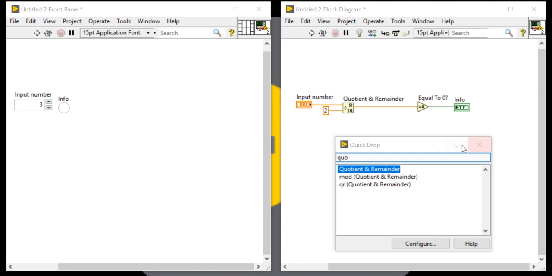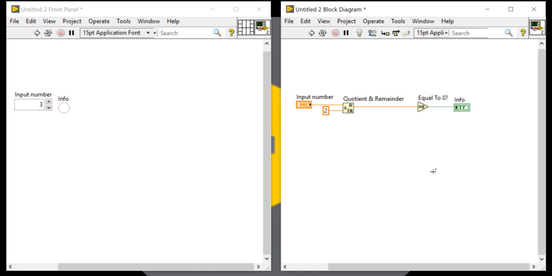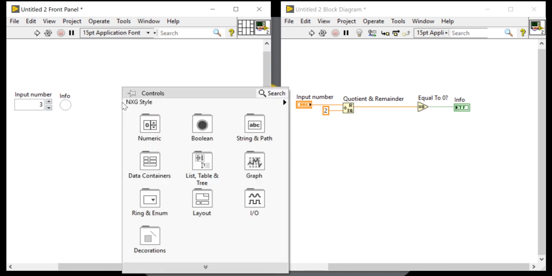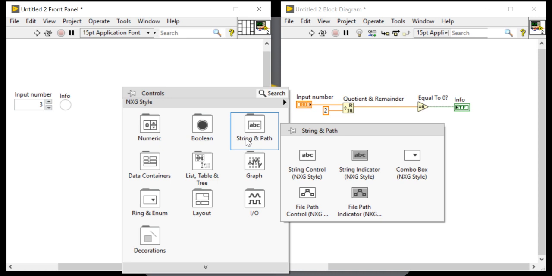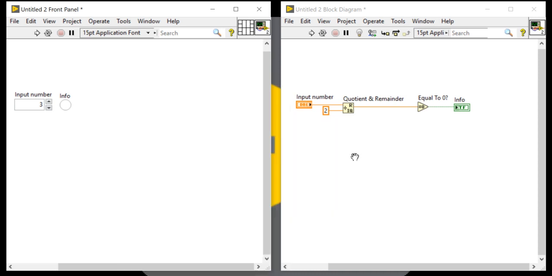Now I want to display the result in the form of information. So here take a string indicator.